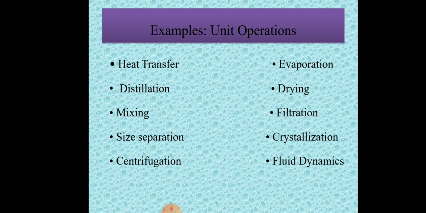Next, distillation. Distillation is a unit operation in which liquid is converted into vapor and the vapor is again reconverted into liquid, that is, purified liquid, and it is called distillation. Now the next example is drying. What is meant by drying? If you want to remove a small amount of water, the removing process is called drying. That is, removing a small amount of moisture or water from a wet solid is called drying.